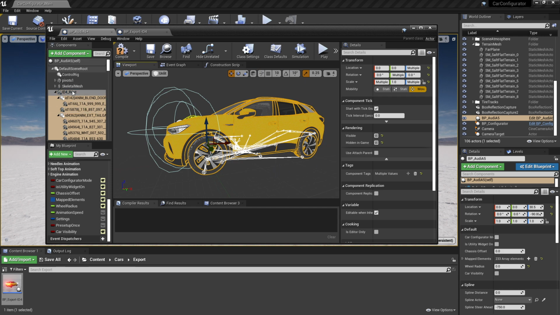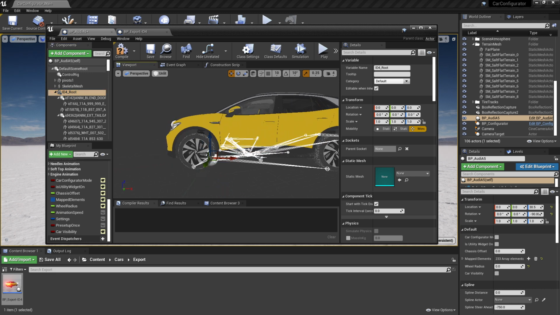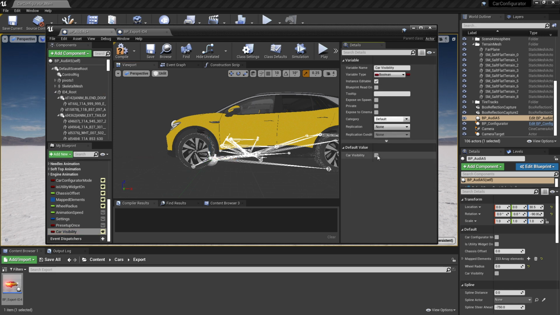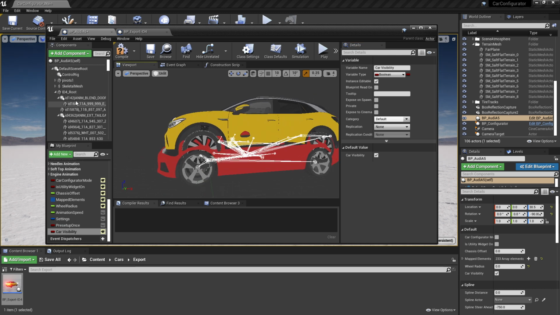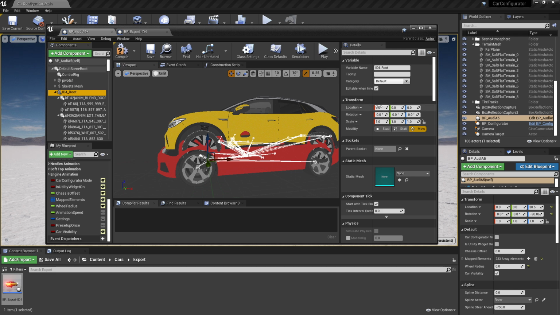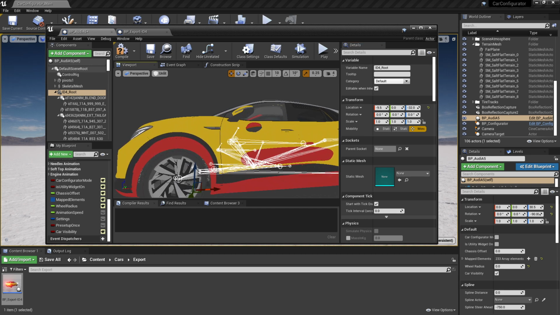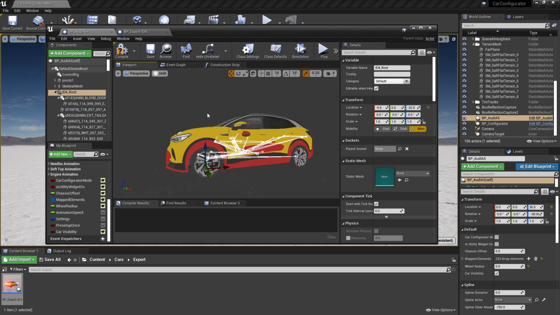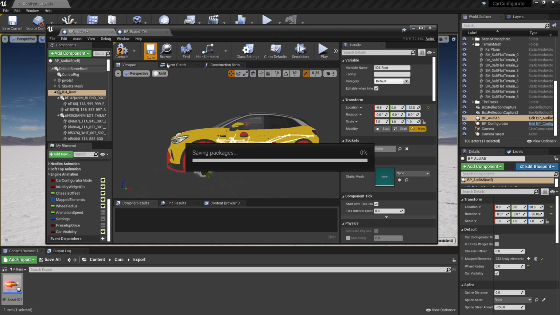The next thing we want to do is make sure that the ID4 is positioned in the exact same space that the Audi was. So we're going to turn that Audi back on with that switch that we built earlier. With that done, we're going to position the root of this ID4 just forward a bit and then down a bit so that they line up with each other. Okay, that's looking pretty good. So let's save this and compile it. And we're ready to go.